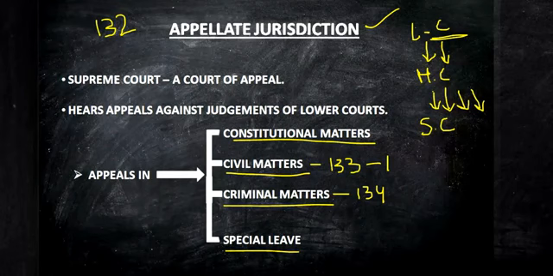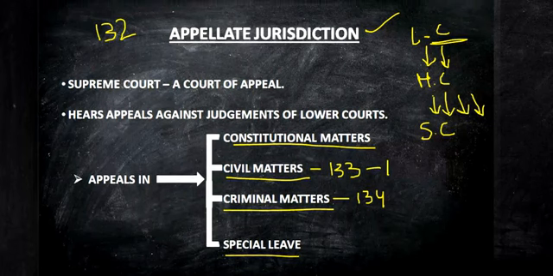And there is a third situation. In the third situation, if the High Court certifies that the case is fit for appeal in the Supreme Court, then that particular aggrieved person will move to the Supreme Court and trial will begin in the Supreme Court. Is it clear? So, under these particular 3 situations only, a criminal matter can be appealed in the Supreme Court. Is it clear?